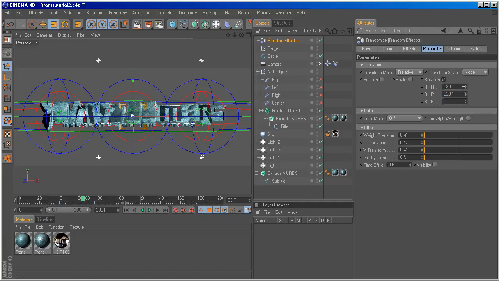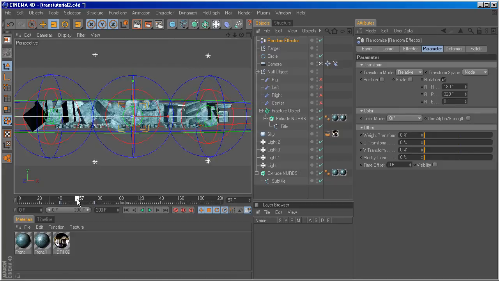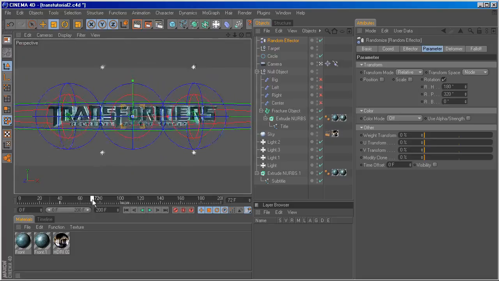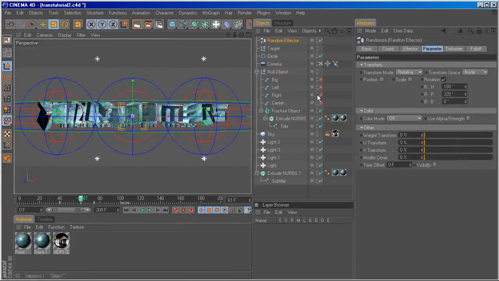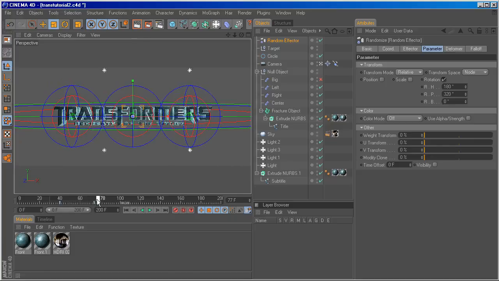Maybe we can use 320, make it more crazy, something like this. And when you turn on the deformers,